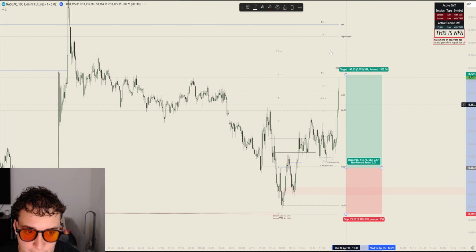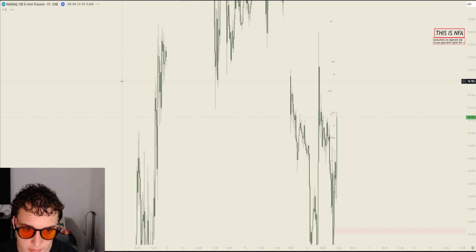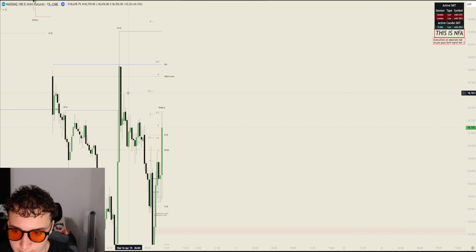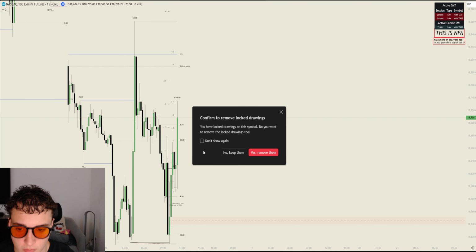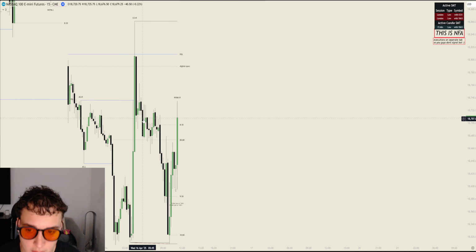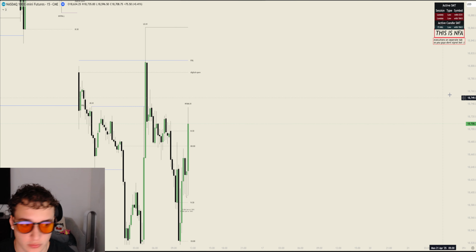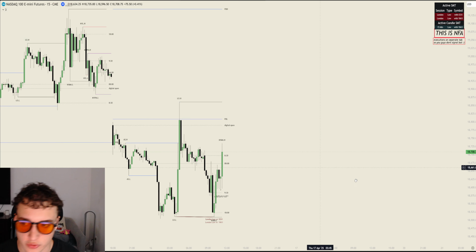After all these projections were met, I said that I wanted to see SMT around either these highs or these highs. Again, I didn't take this trade. I just want to walk you guys through it. So anything after this, I didn't take. I took my one trade and got off for the day, but I called this trade to the T. So I want to walk that through so you guys can understand why those shorts were so clean